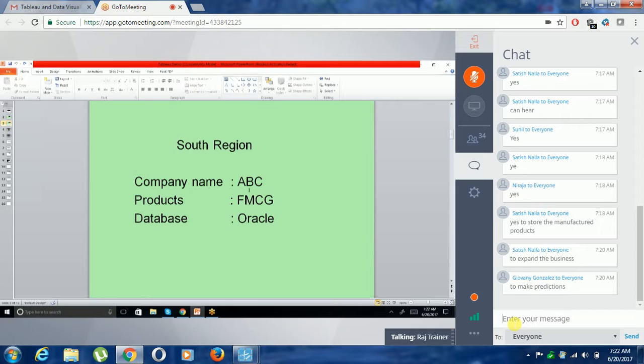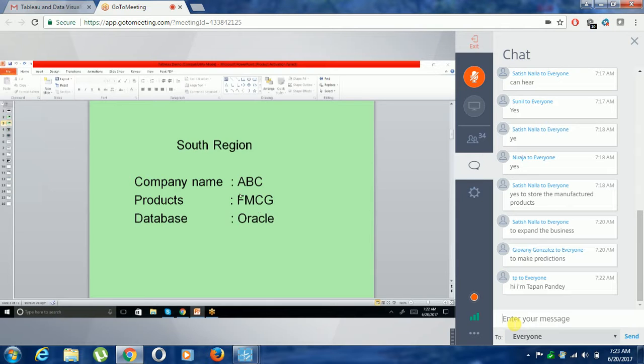Any business has to deal with a product, right? So let us assume that here I'm dealing with an FMCG product. What is an FMCG product? Fast moving consumer goods, which means daily usage products. So what was the company name? Let's say it was ABC. Let us assume that. So the product it is dealing with is FMCG, and to capture all these business transactions, we